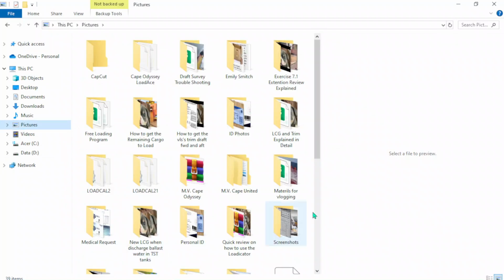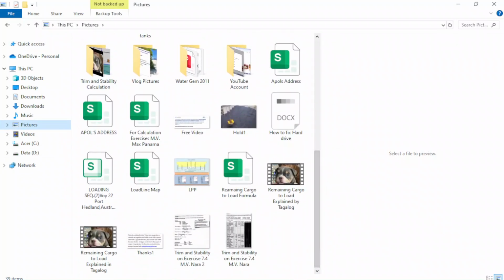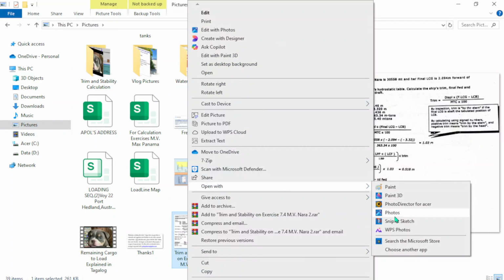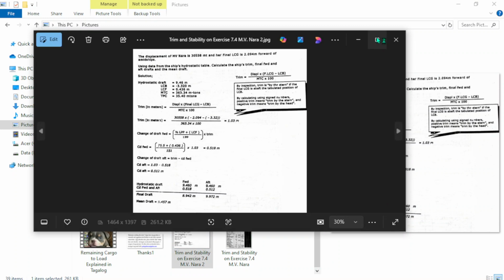Pictures. Okay. I think this one. Yeah. Open with photo. Should be bigger, and